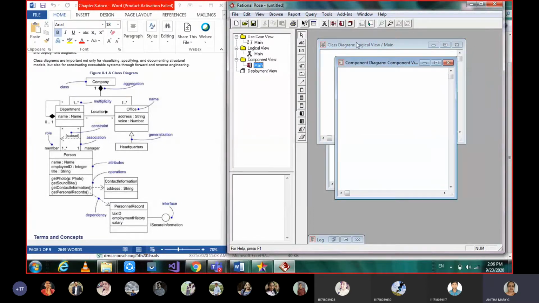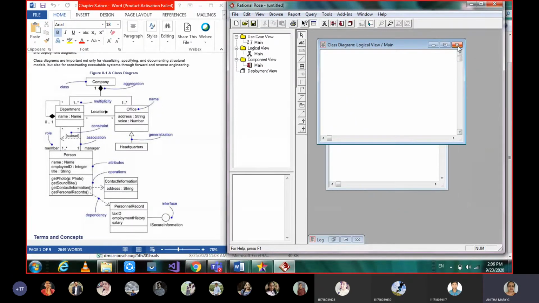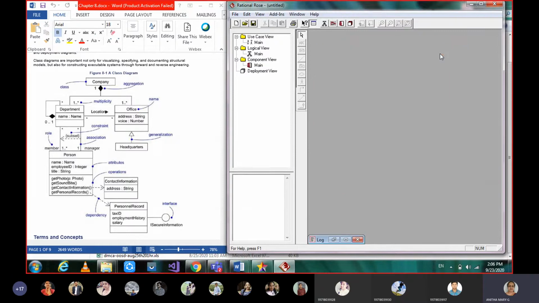Under component you will get component diagrams and the related icons. Under deployment you get deployment diagrams and the icons used during deployment. Like this we can open the diagram. Once you analyze and draw rough diagrams in your books, you can do it in the system by seeing those. So this is one way. The next way is you can go to view.